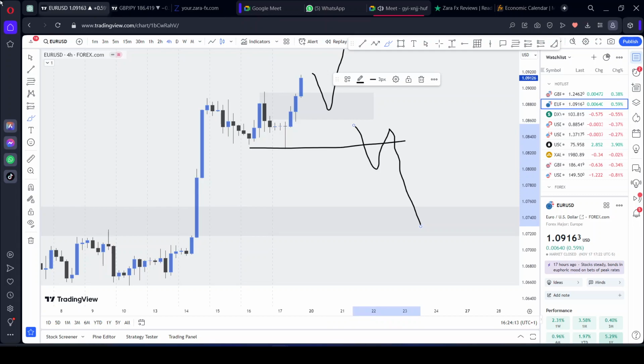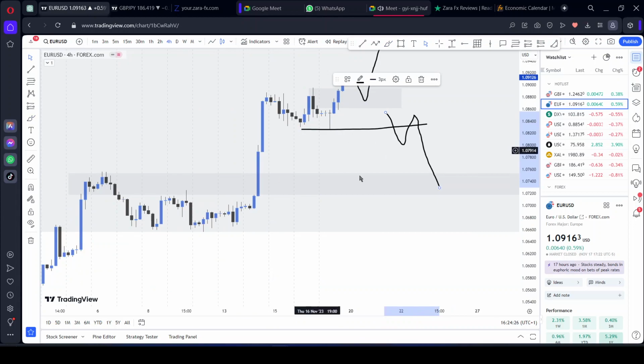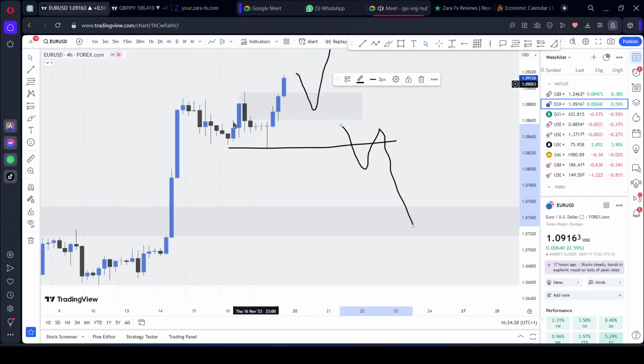I started focusing on structure. On the higher time frames, I was not too focused on structure so much, in as much as I was much more focused on the zone where price is in. But right now, the structure of the market really matters to me alongside the zone. So this means that for me to take a trade now, I want to follow this current structure of the market,